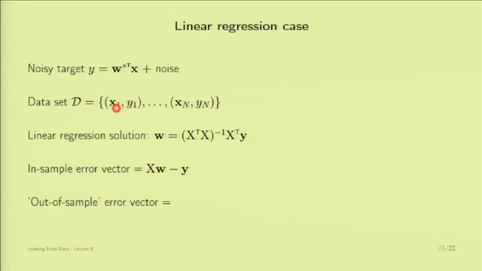But the redeeming value is that I'm going to give you fresh noise. That's the unknown, and that is what allows me to say that it plays the role of an out-of-sample. So I'm going to generate another set of points with different noises, but on the same inputs in order to simplify the analysis. You see that the x's here are involved, and if I use the same input, things will simplify. And in that case, if you ask yourself what is the out-of-sample error